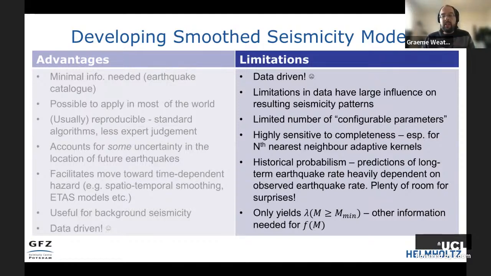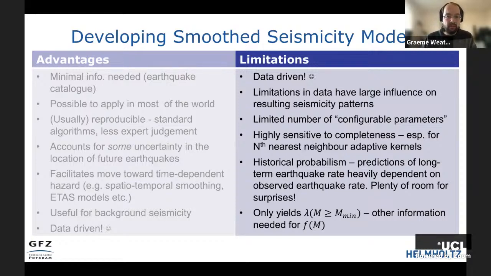There are a limited number of configurable parameters, so you might find that the pattern of seismicity or the forecast is doing very well in one region, but not another, but you don't easily have dials that you can adjust, so you end up having to really try and tune or calibrate just the few parameters that you can control. And it's highly sensitive to completeness, especially when we start to use nth nearest neighbor